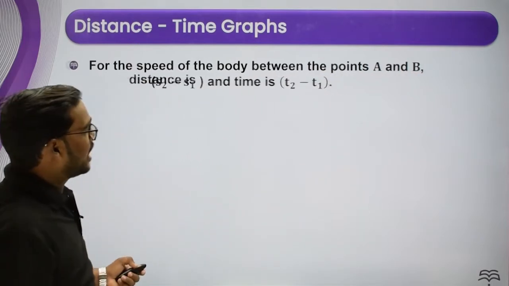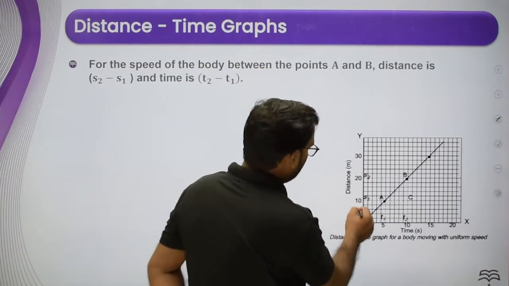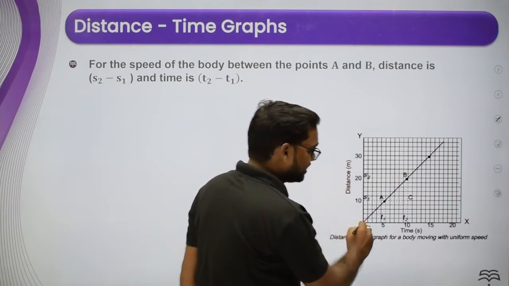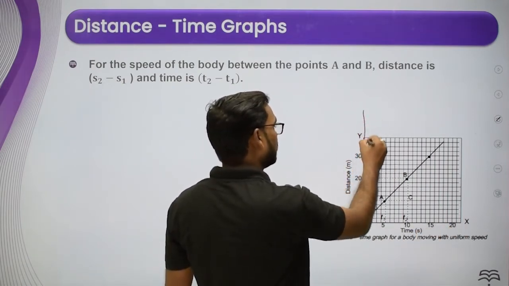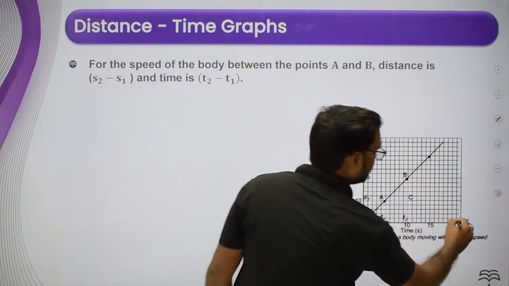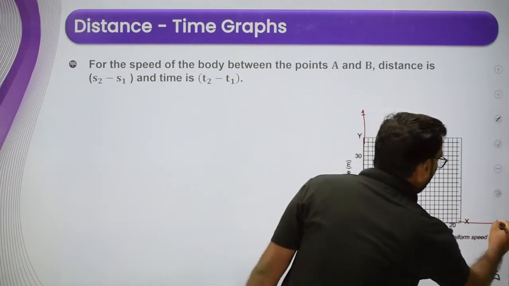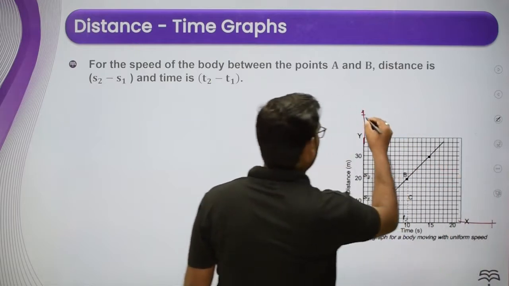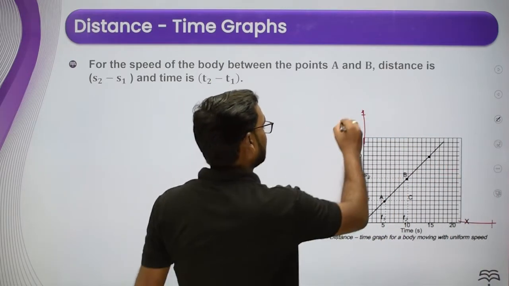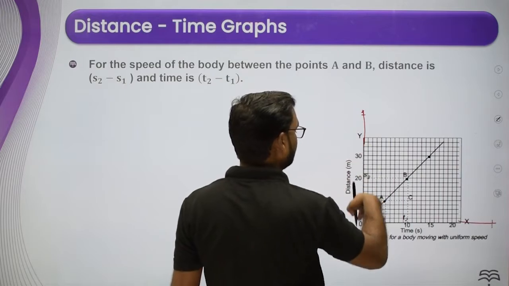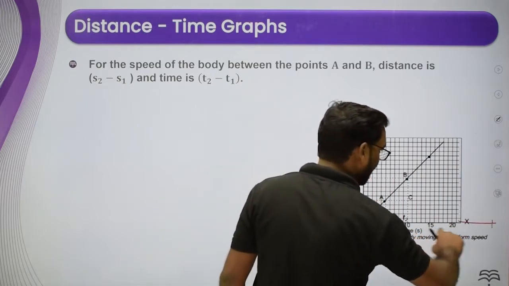Then how to write it graphically? You can see over here, this is the y-axis and this is the x-axis. On the x-axis you write the time, and on the y-axis you write the position. This is your position graph. So this will represent the distance traveled by the particle and this will represent the time.